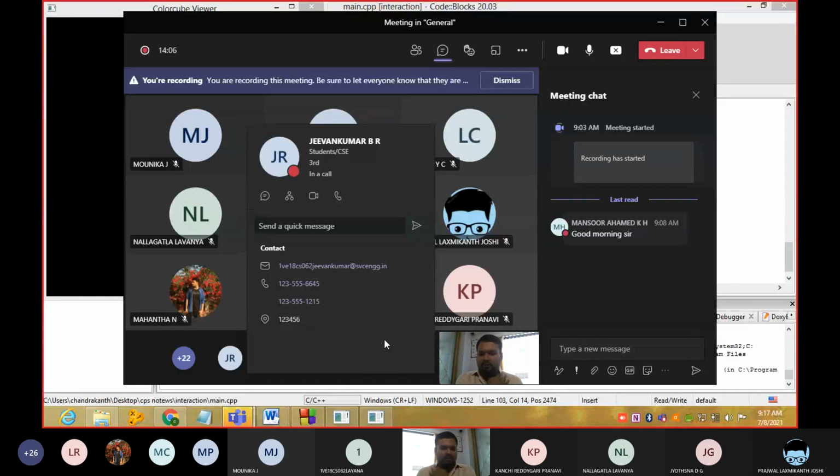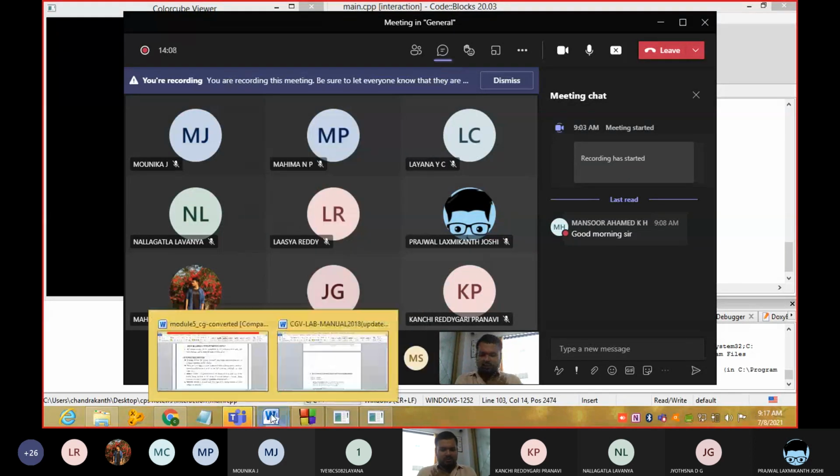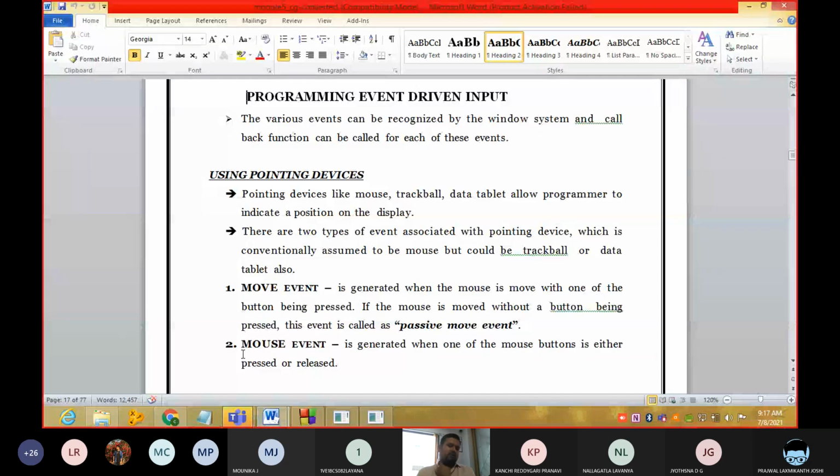So those are the two examples I have given. Let's go through the syllabus. First, in the mouse, we can pick a mouse and we can move the mouse.